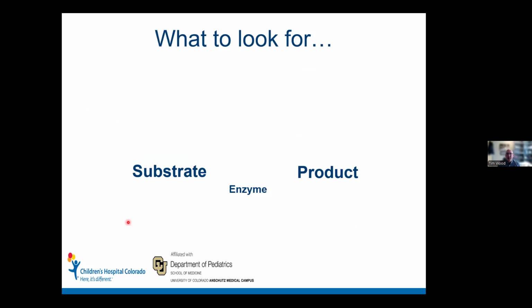So what do we look for in biochemical genetics? Yeah, there's a gene for most conditions, and we look for pathogenic variants in that. But biochemical genetics works at a level above that. It works at a functional level. What's going on with the whole organ, the whole cell, the whole organism. And so we can measure enzyme activity if we find that's deficient. A lot of times what'll happen is there'll be a substrate that we can look for that's elevated in blood or urine or CSF. Or what's a little bit harder sometimes is to pick out a product that might be